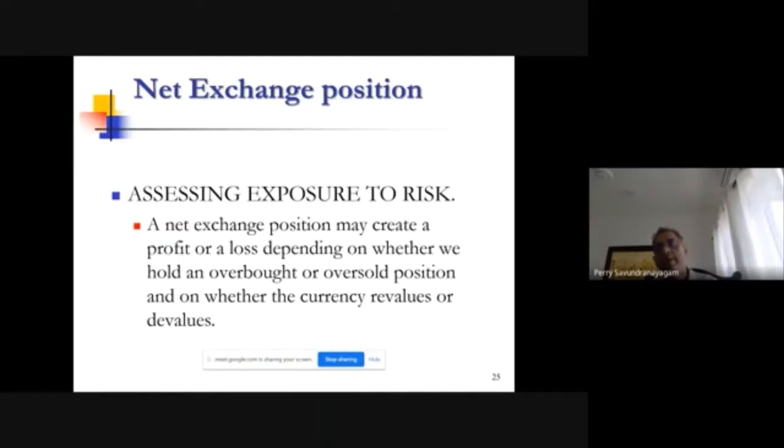Or if it goes to 210 rupees, assuming the rate is 200 again, it will make money. So the bank runs a risk, and to offload that risk, the bank has to be able to manage that position. Managing the position is what I meant when I said you have to have clients you can buy or sell from. You have to have interbank liquidity in the market to offload that FX to. If you do not have one of those two things, you run the risk that you will not be able to manage your position effectively.